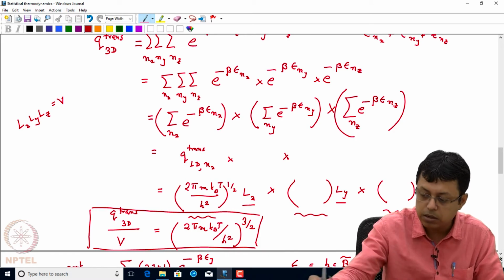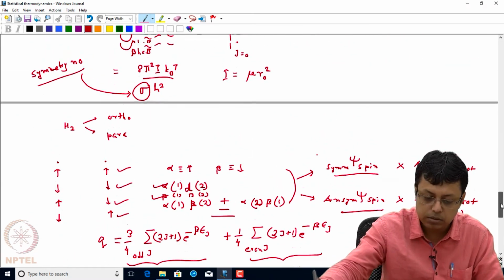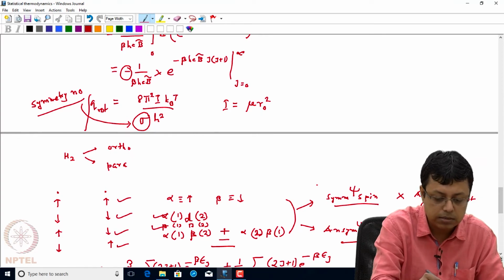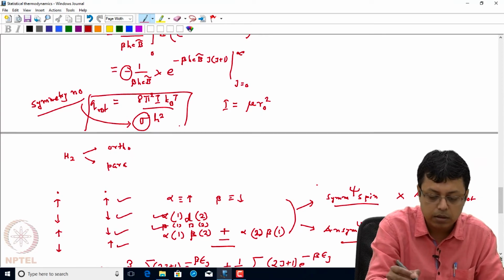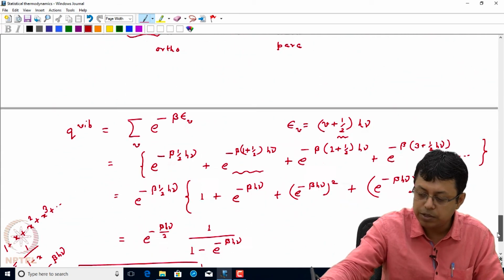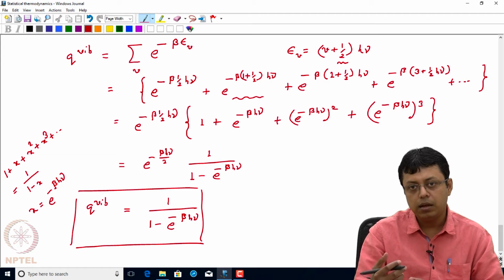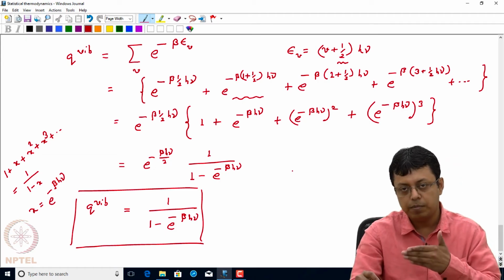We talked about the rotational partition function, which is this, and then we talked about the vibrational partition function. And the electronic partition function we usually take to be 1, because the definition of the partition function is the sum of e to the power minus beta epsilon I,